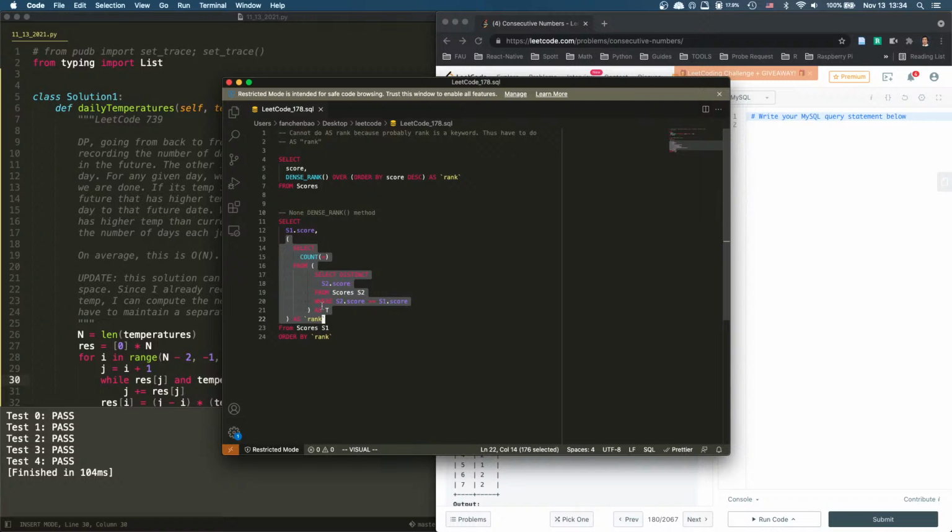Select this from this, and everything inside I can refer to outside. So select this from, select this, and